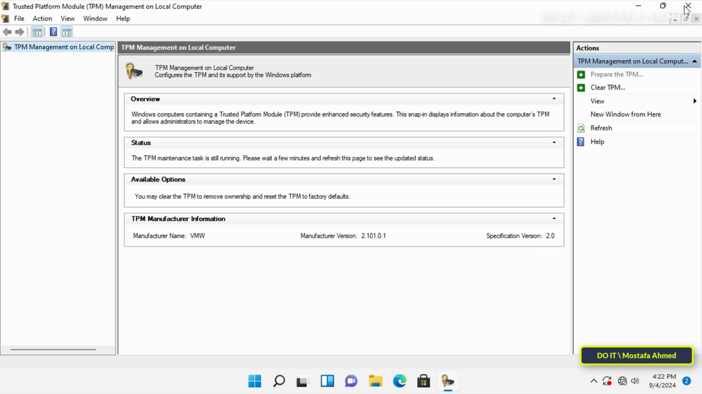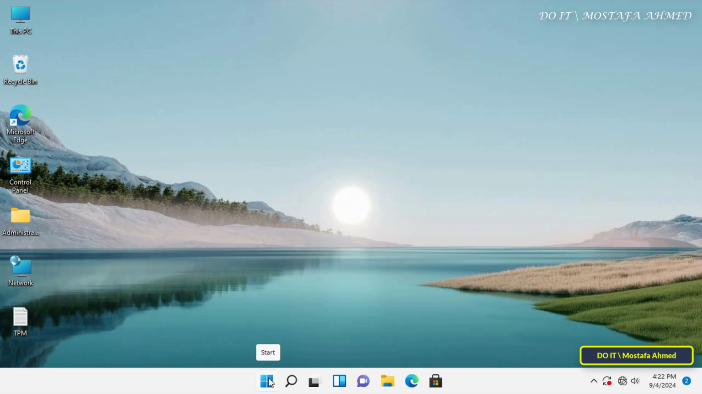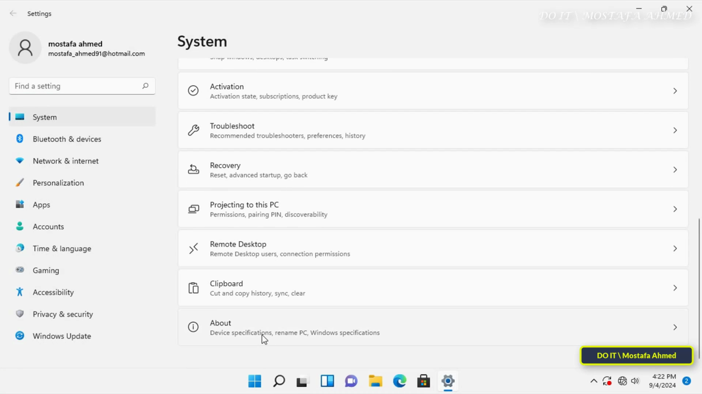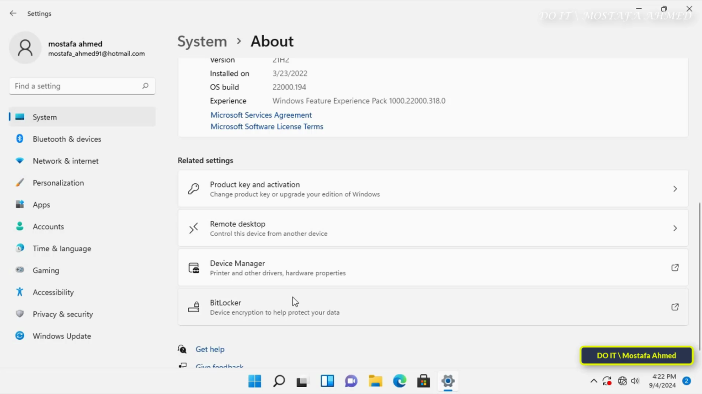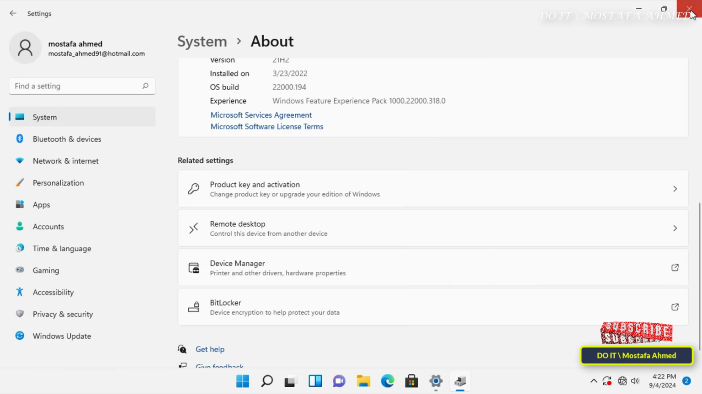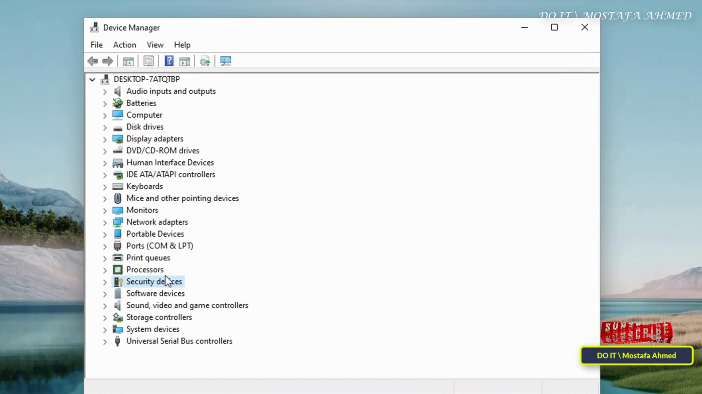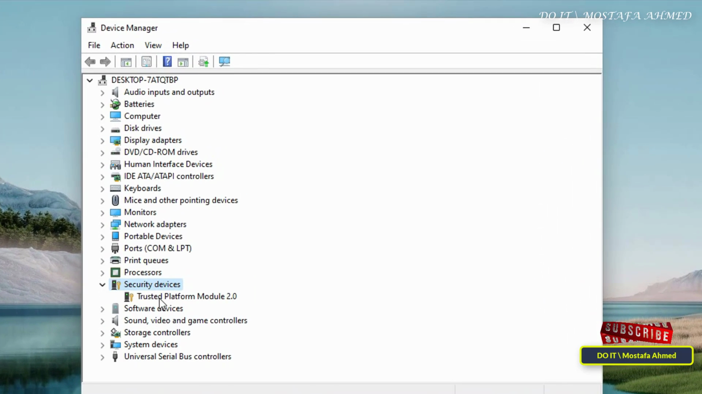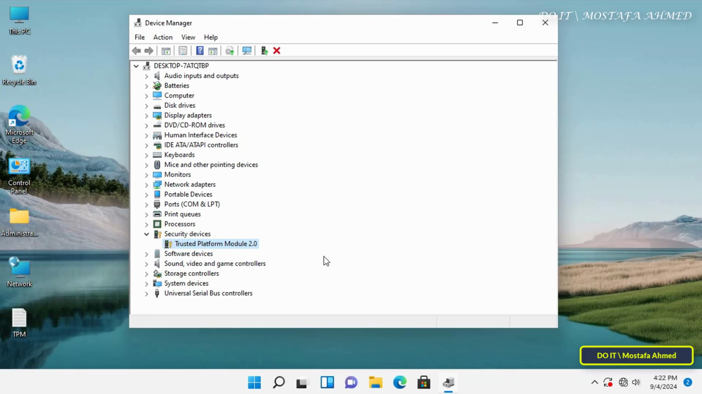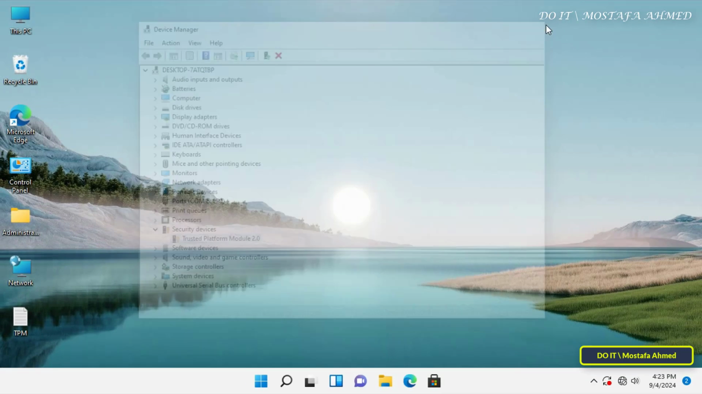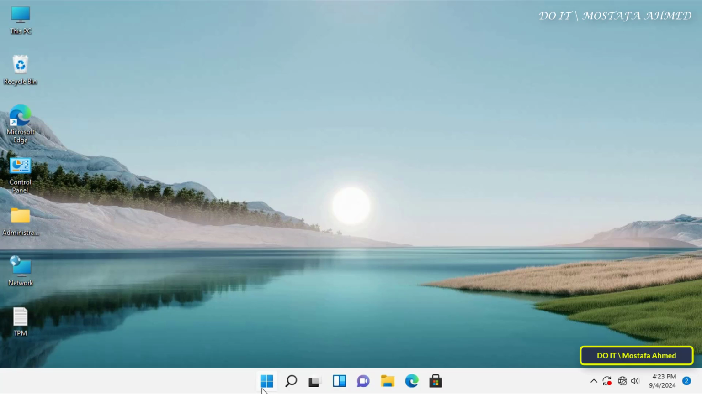There is also another easy way to check the TPM version on your computer, which is through the Device Manager. Open Windows Settings, and from there open the Device Manager page. When Device Manager loads up, search for Security Devices, and expand it. You will find the TPM version under it, or what is called Trusted Platform Module, and you will verify that the TPM version is version 2.0. This method is easy and quick to access to know the TPM version on your computer, and the last method